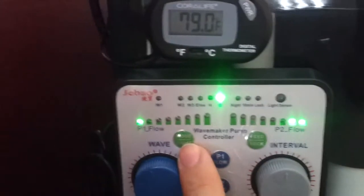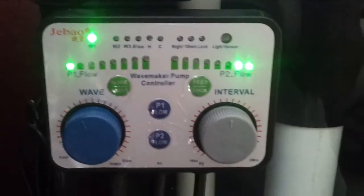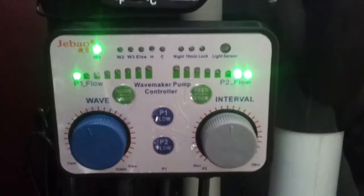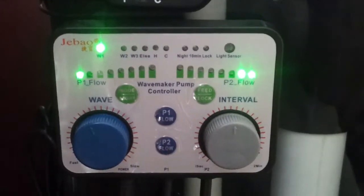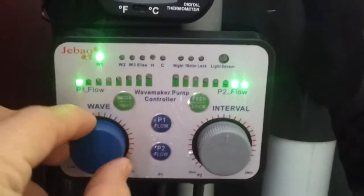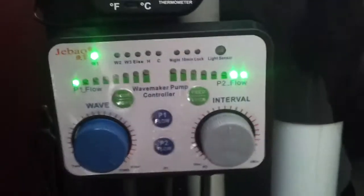Now let's go here. If we press here the mode button, we'll get into our first mode, which is wave 1. W1 is one of my favorite settings. It's a pretty strong setting. You have to be careful. You can start splashing water out of your tank. In wave 1, you're going to see that your propellers on the wave makers are going to start pulsating. They're going to be turning on and off. If we turn our knob here to the lowest setting, you're going to see how the propeller